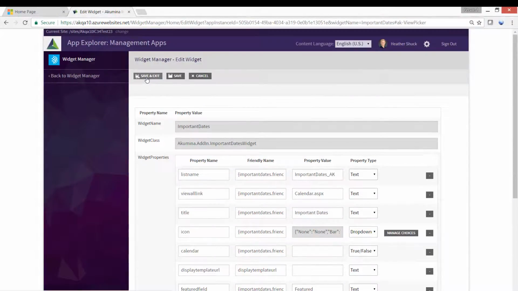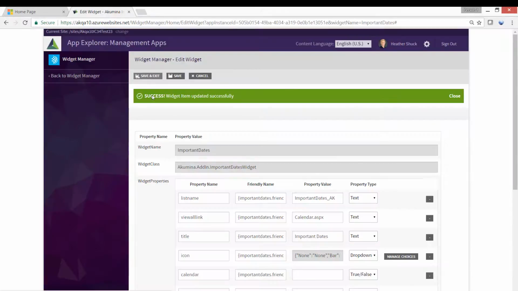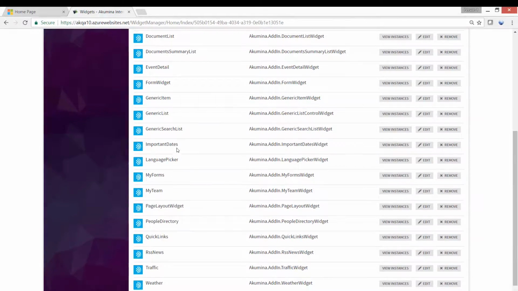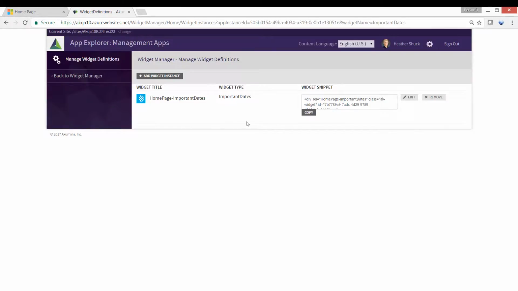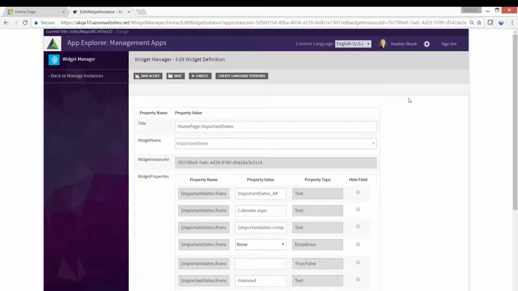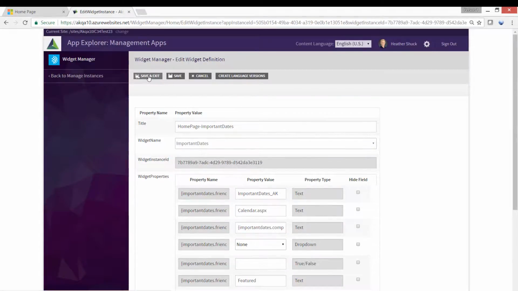Now if I go ahead and save and exit, I actually want to add this view so I can use it on the home page for my company events instance. So all I need to do is go to my important dates, view the instances, access my home page important dates, enable the view that I just added for this widget, save and exit,